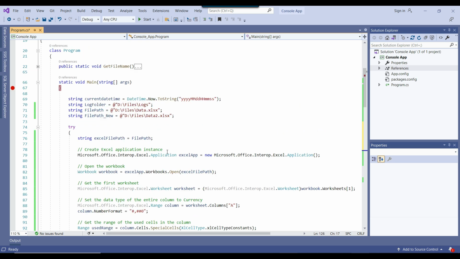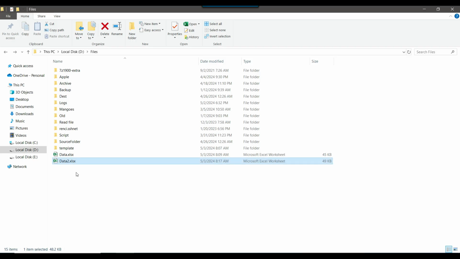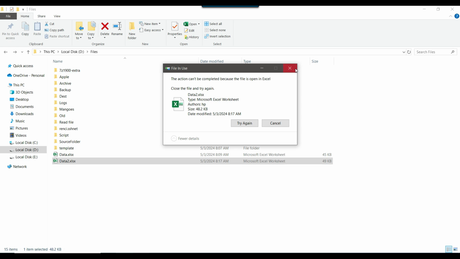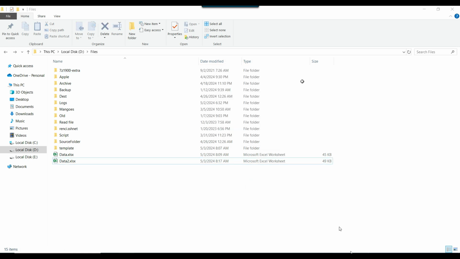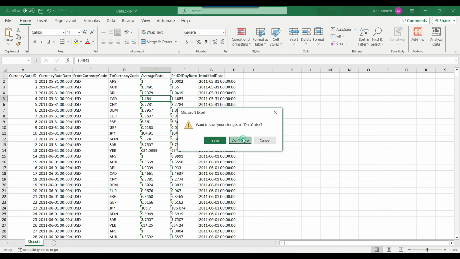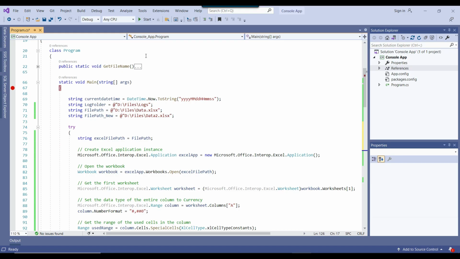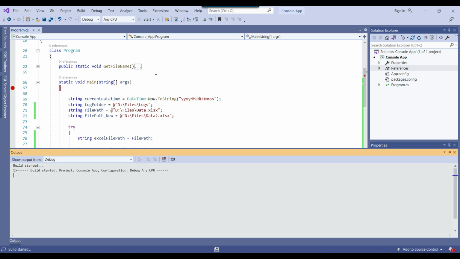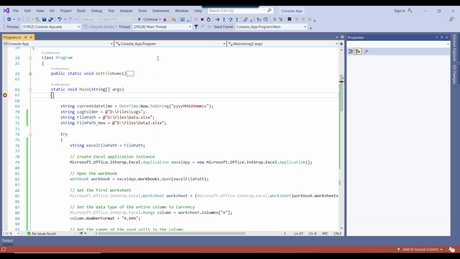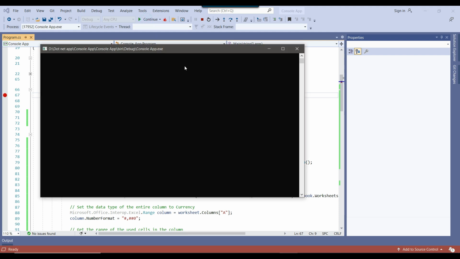Now if I rerun this particular code, it can change the values for the first column A and the column E. So let me close this particular file, don't save, and delete this file. Even if you don't delete it, it will overwrite it. So let me execute this particular code and let's see how it will work. And then I will write this particular code inside the SSIS package, so that you can see how the package will work.